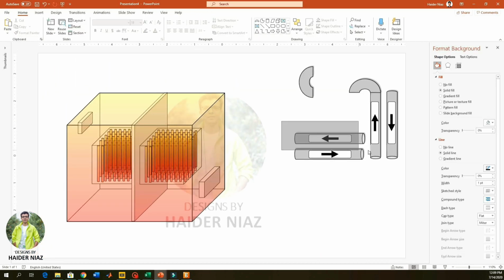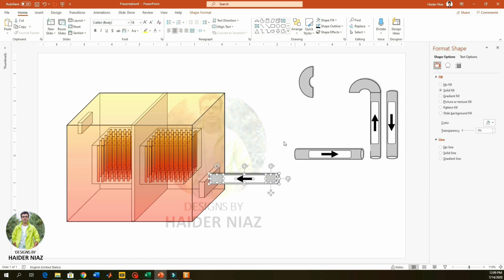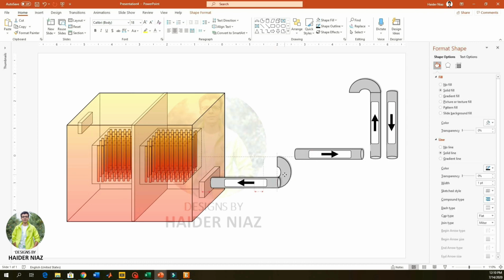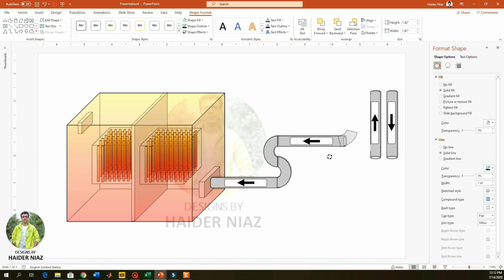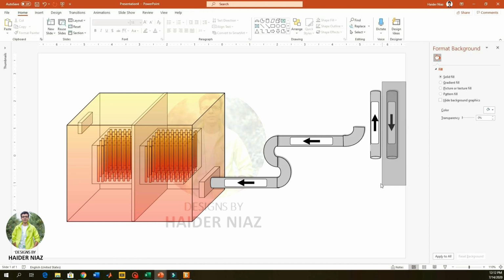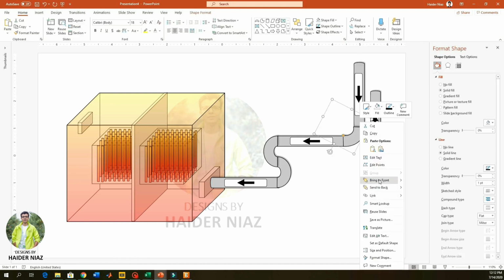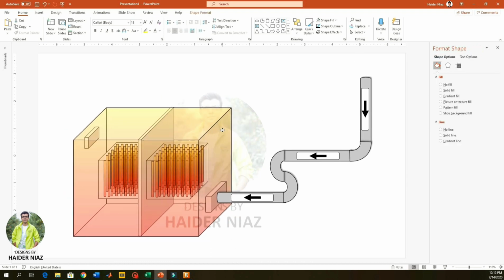So now what I'm doing is I'm going to add the pipelines, which will show that the pipe is connected, is going inside from here. I'm going to add an elbow to connect another pipe so that it shows that two pipes are connected. I'm going to make a small arrangement. I'm not going to make a complicated one because I'm going to make it short and simple and let you know as many tools as you can use and learn from this video. So now this one is done.